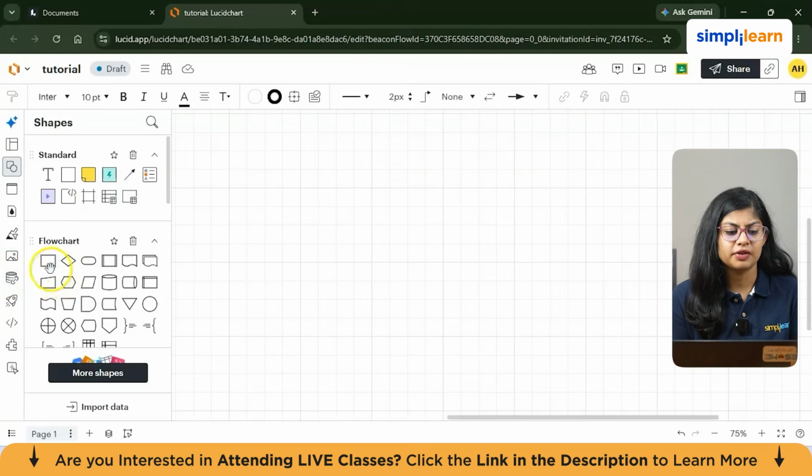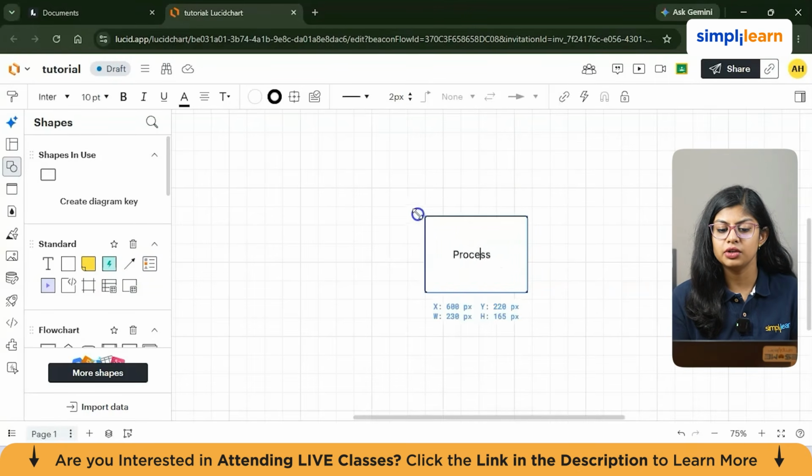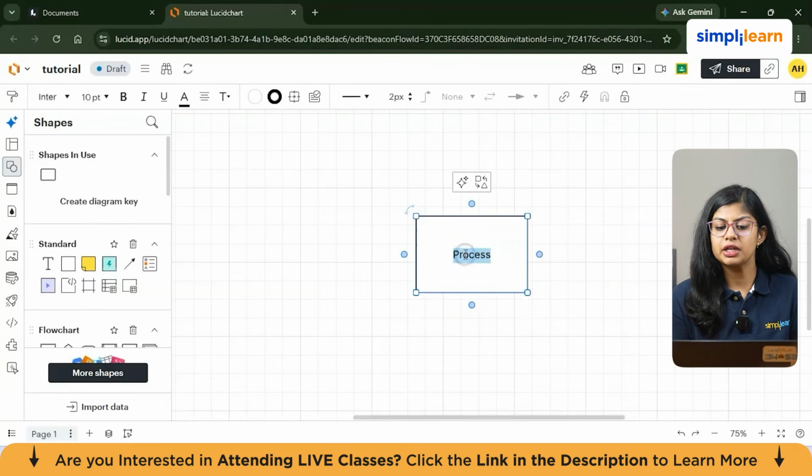So select whichever shape you want. Let me start with the basic. Just click on it and here you go. You will have the basic shape in your chart. Now here's what you can do with the shapes as well. Clicking on the blue part, you can resize this shape. Double click on the shape, you can rename the file,